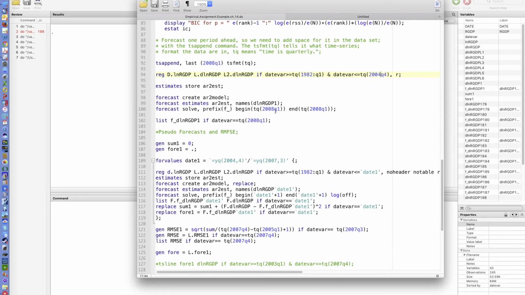And then I want to forecast 2005 Q1. So this would do the very first thing that's going to happen when I do this do loop. This 4 values, date 1, sets up a do loop, as we'll see. Then I could copy this, Control C,